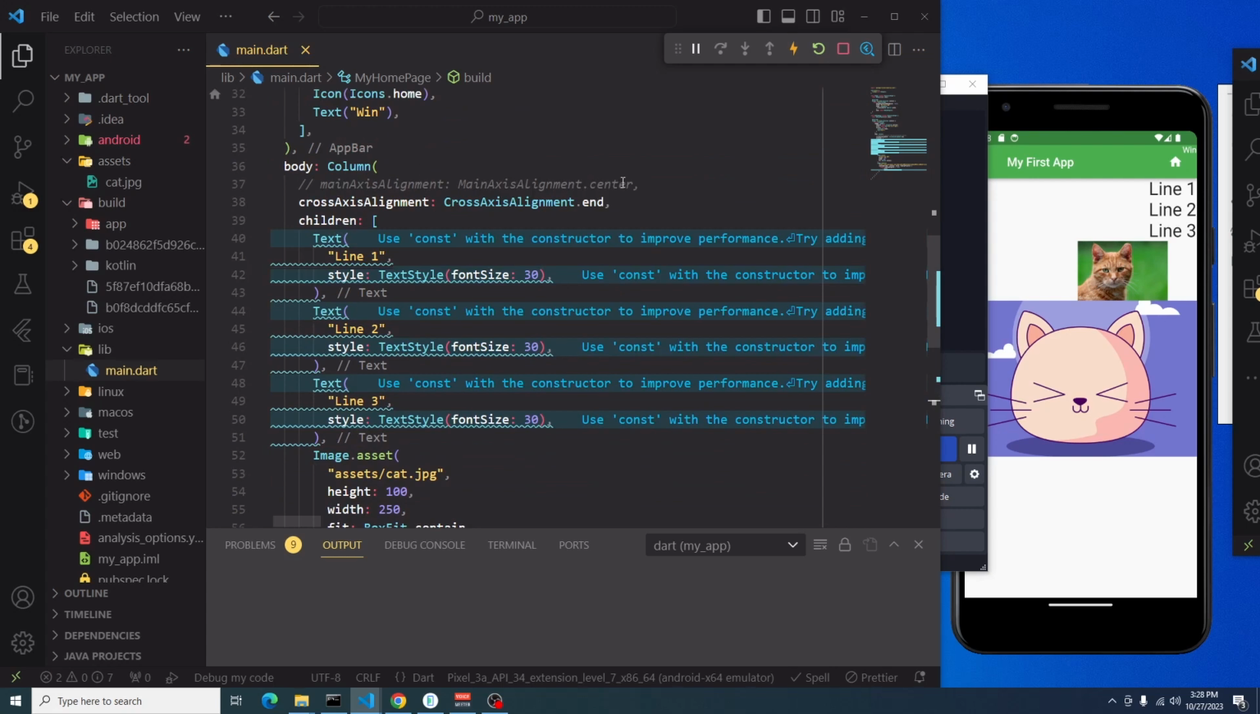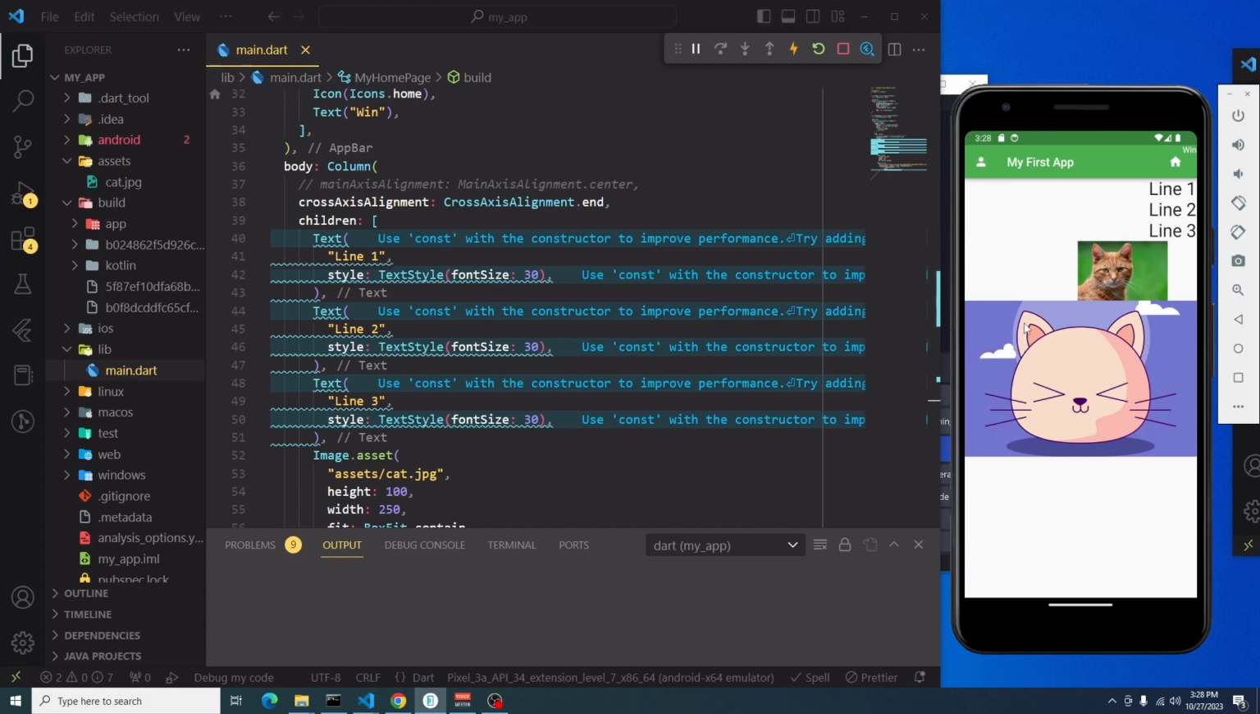In the last video we talked about the column widget, which helps us to display items in the vertical manner. So we are now going to talk about the row widget, which will help us to display items in the horizontal manner. For us to do so,